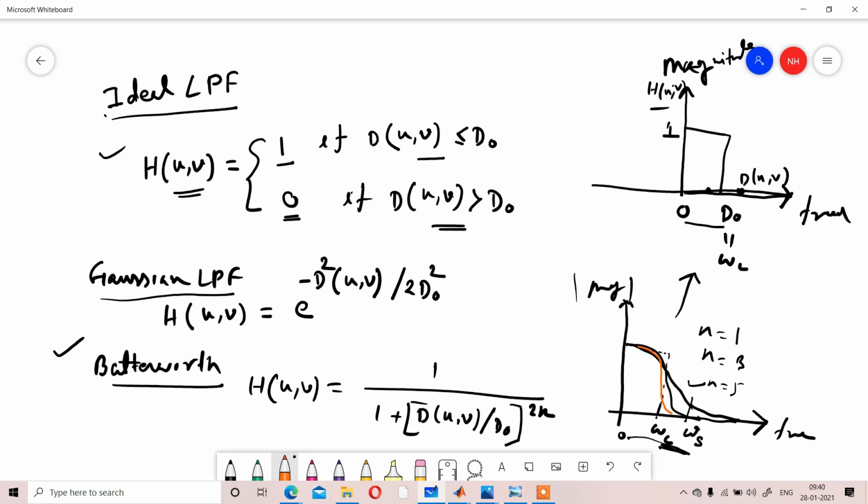If we increase the order, the gap between omega c and omega s will reduce. But the problem is that if we increase the filter order, the filter complexity will also be very high. High filter complexity means the cost will be very high, and the maintenance will also be very high.